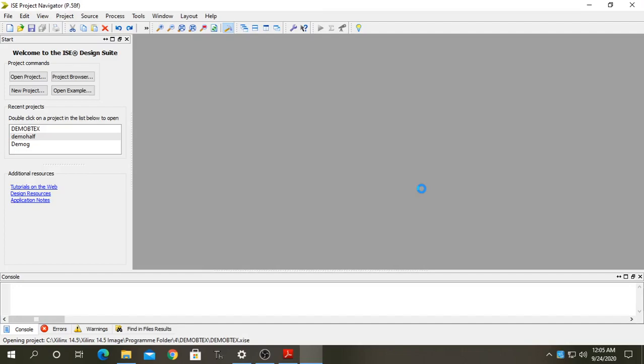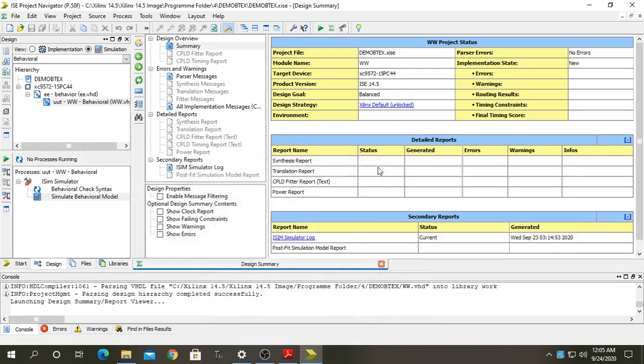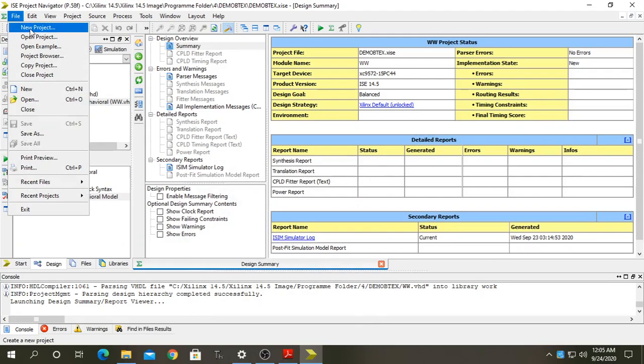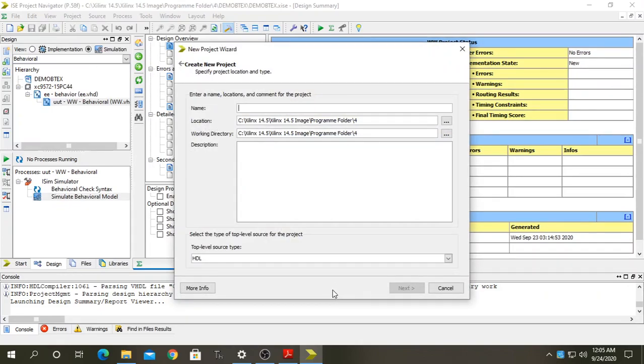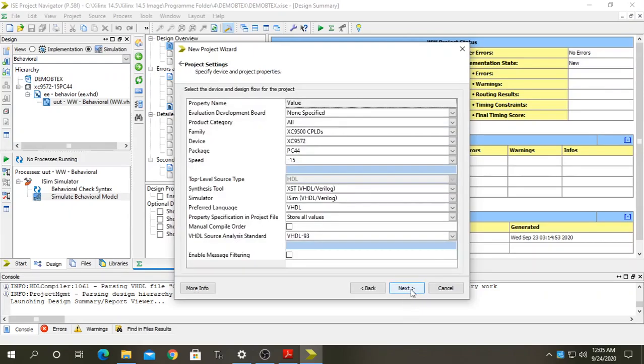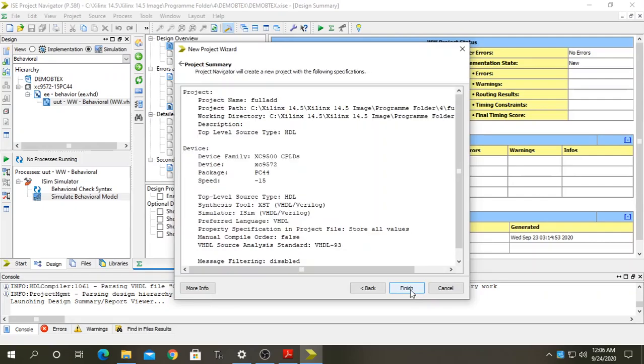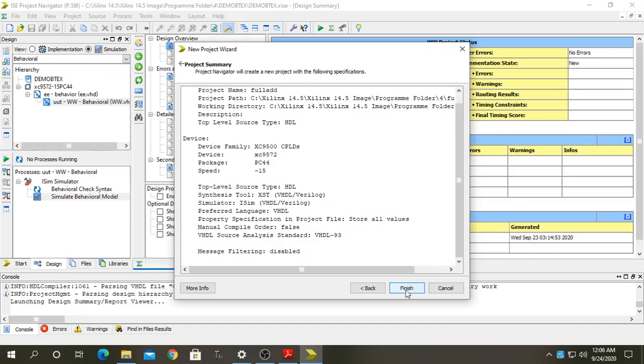After that, you just click on New Project, as you already know. On clicking New Project, another window will pop up. You can name this half adder, or you can choose any name randomly. I will provide the name full adder, FULLADD. It is just enough. There is a description, but you don't need to write anything in the description. Now click Next. The default window appears again, just click Next, and this will show you the summary. The summary is also default, and you just click Finish.